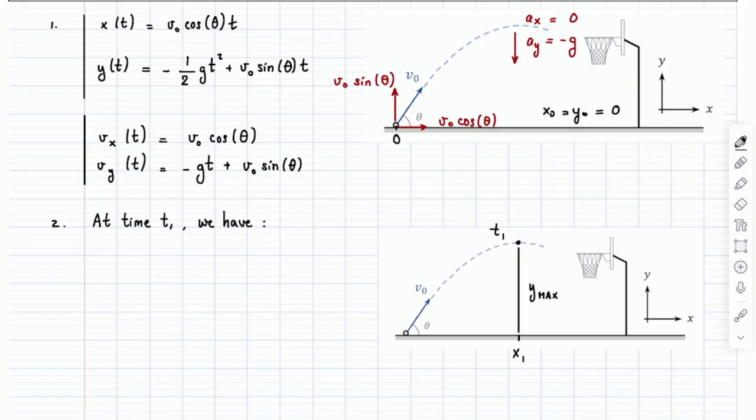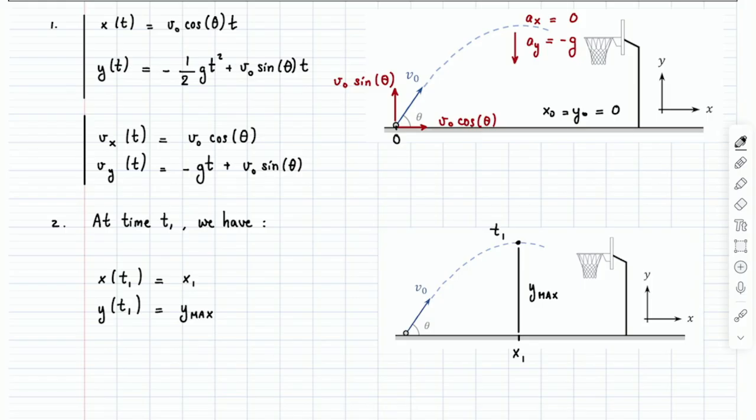Our goal in physics is to write things that are true, because the answer is the answer. There's only one. And if we write enough things that are true, it's like all of a sudden out from the fog, these little pieces of answer show up, and if I put them together, I get the full answer. So at time t1, what has to be true? Well, it has to be true that x of t1 is equal to x1. It also has to be true that y of t1 is equal to y max. Hopefully we all agree on that. Okay, that has to be true.